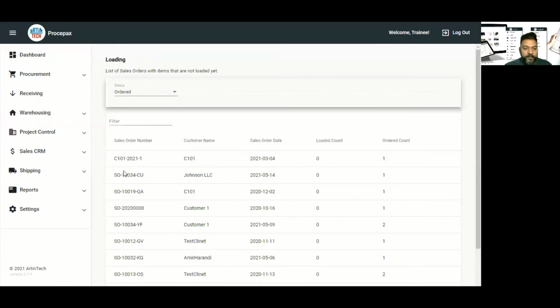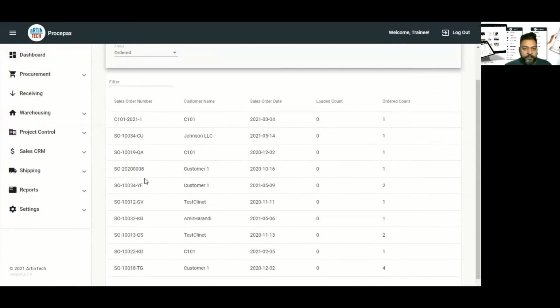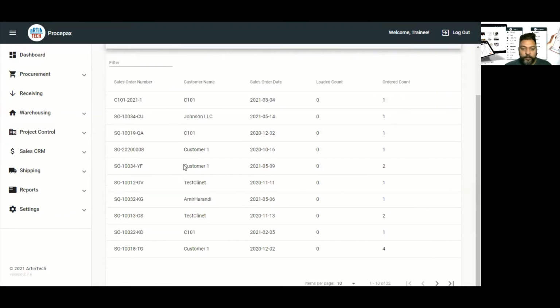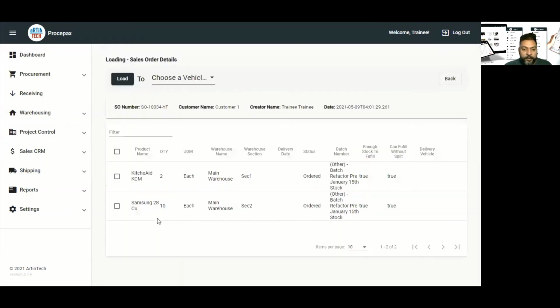As you can see, we have lots of sales orders over here, and the loading count is 0, like no order is loaded into the truck. So we'll select an order. We can select whichever order we want to load into the truck. Let's say we'll take this order, and